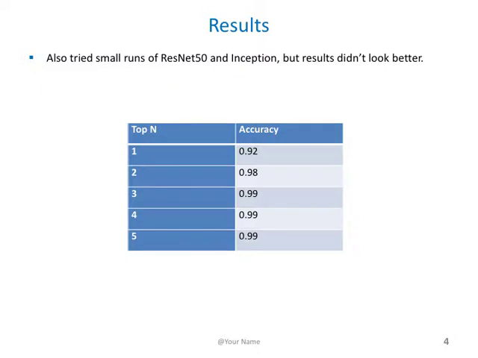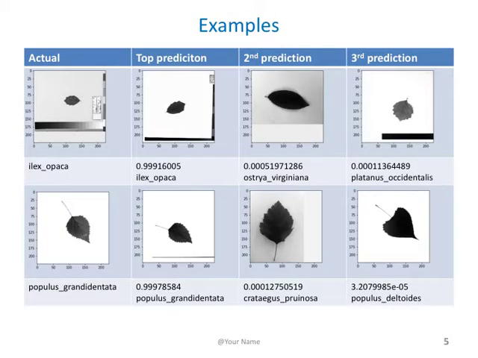When I looked at the top N accuracy, so like what percent of the time did it actually predict the right tree in the top 1 prediction and the top 2 or top 3 predictions, you can see that very quickly by the top 3 predictions, basically 99% of the time it got the right tree in the top 3. Looking at an example of prediction here, you can see that these two predictions basically predicted the right one with 99.9% accuracy. In the first image, it was even rotated and twisted, but it still managed to predict the right